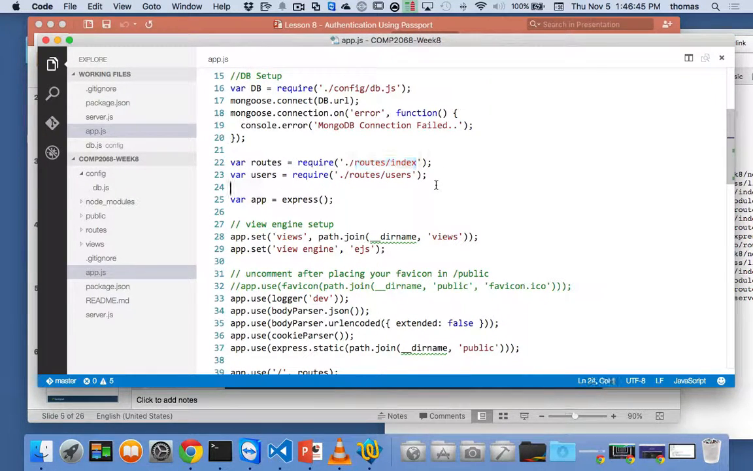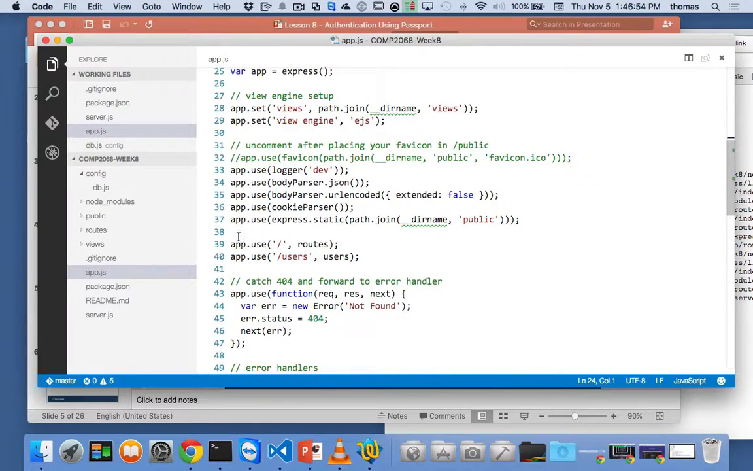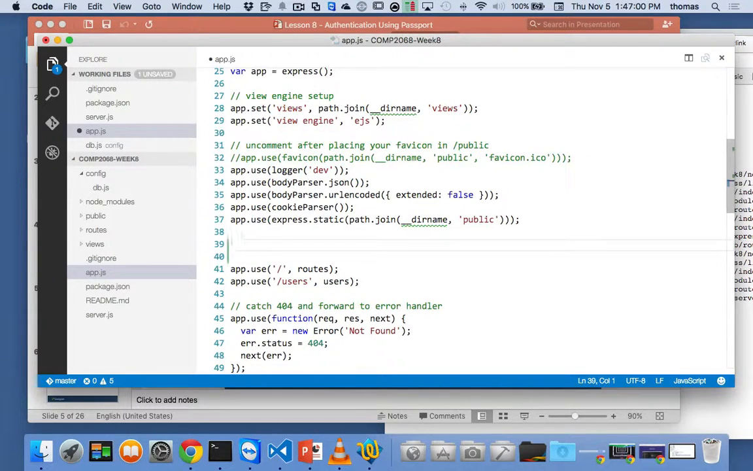But it's not actually assigning the files index.js and users.js to these two things. But that's not the roots. The rooting is down here where I say app.use, where we have roots and users. So before here, I want to add that in, where I put in some kind of